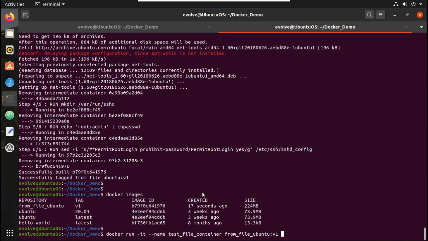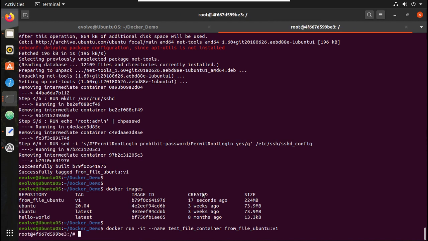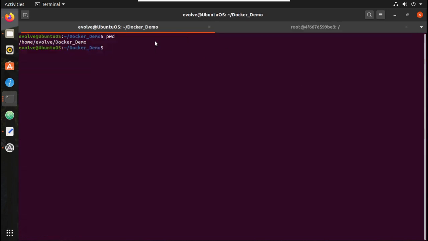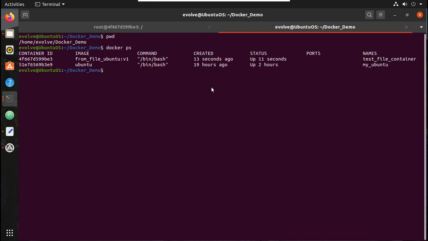Now let's try creating one container. You can see container has been created, and let's list the container. Docker ps. You can see now I have two containers running. One is test file container, which I created using docker file.